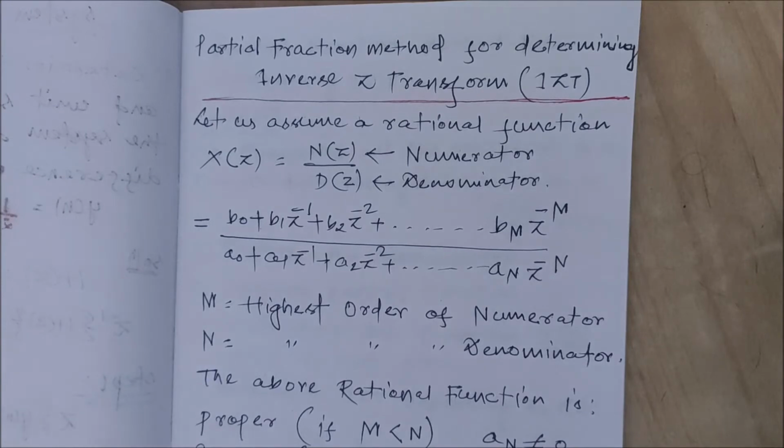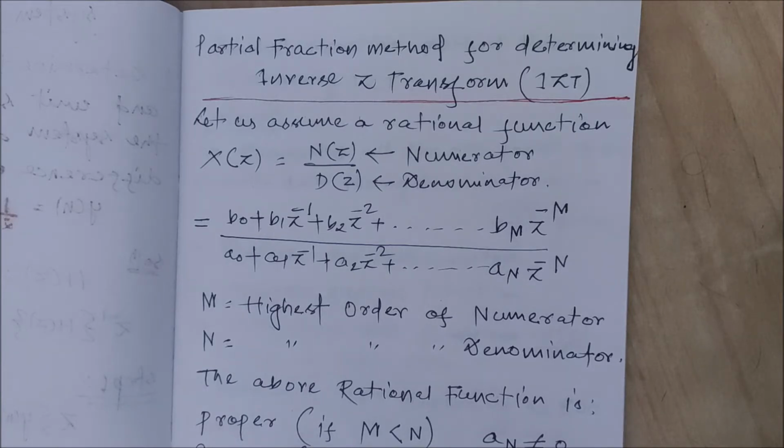Hello everyone. In this lecture we will learn about the partial fraction method for determining inverse Z transform. Before solving any numerical on the partial fraction method for determining inverse Z transform, we need to understand a few concepts about the rational function. A rational function is a function which can be described by the ratio of two polynomials. Here we can see X(z), which is the Z transform of the input x(n),